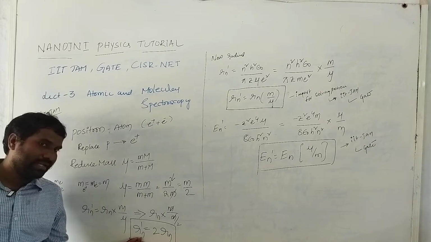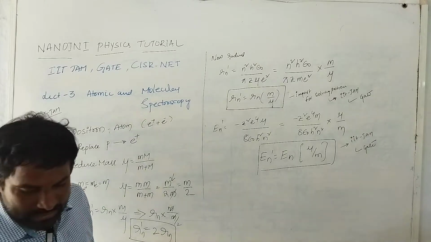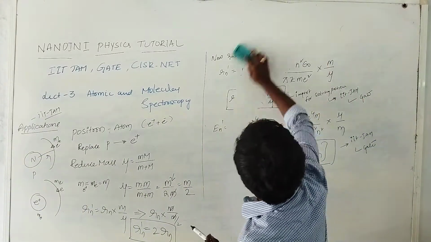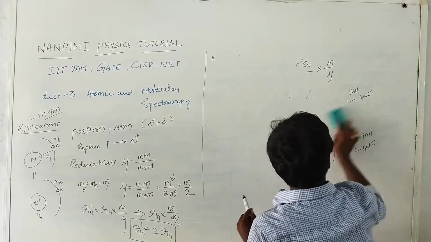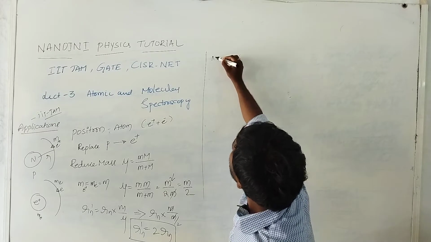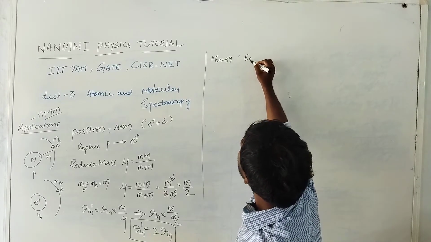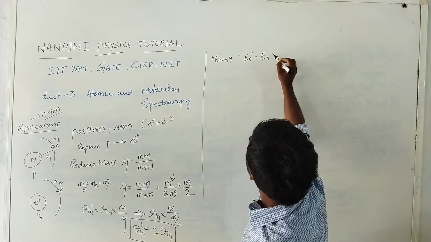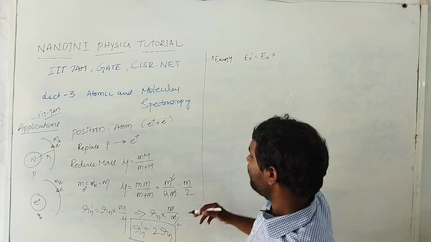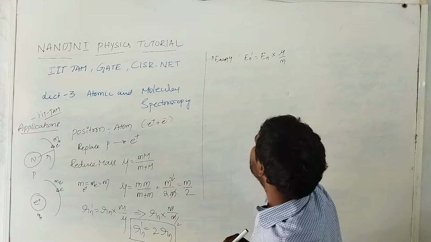So the positron radius Rn dash is equal to 2 times the hydrogen atom radius. Similarly, if you see the energy formula also, in energy, En dash is equal to En into... this is actually the energy formula. What is the energy formula? In the previous case I wrote mu by m only. So this is the energy